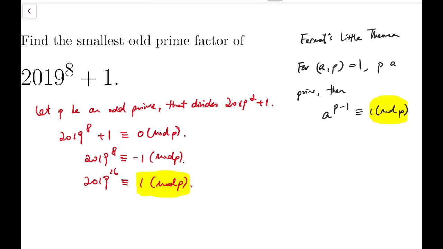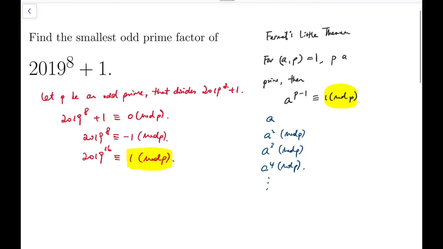In other words, this theorem is saying that when we consider a sequence starting from a, then a squared, a cubed, a to the 4, and so on, and I divide every term by p and take its remainder, then after p minus 1 terms, this sequence will repeat itself, which means this sequence is periodic. Now, however, we may have an earlier occurrence of this kind of repeating phenomenon,